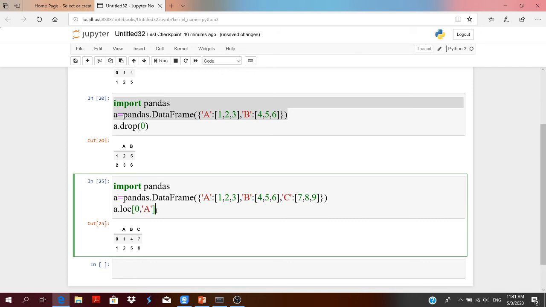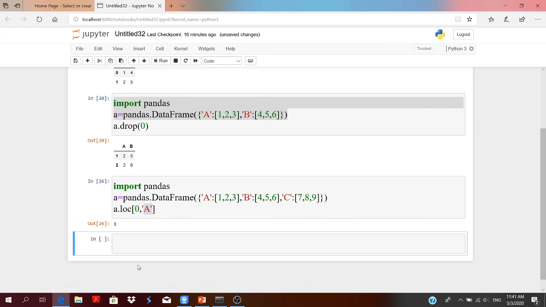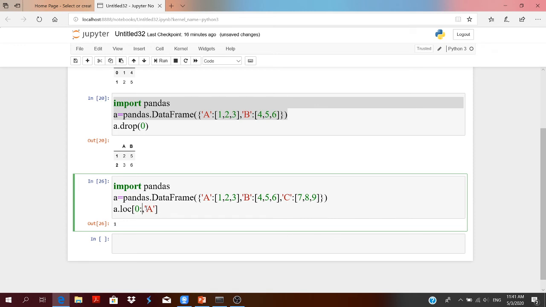In this way you will find out what is the value of your data at index value 0, column A. It's returning 1.